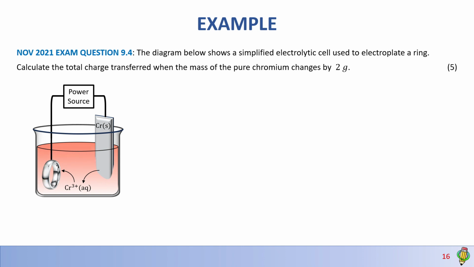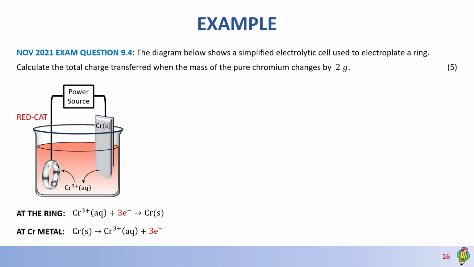So we can clearly see the mass loss of the chromium electrode, and we can see the coat of chromium on the ring. Therefore, the half reactions will look like this. At the ring, chromium 3 plus aqueous is gaining 3 electrons to become chromium solid. And at the chromium metal, we see that chromium solid is becoming chromium 3 plus aqueous and therefore losing 3 electrons. Then we see that red cat is happening at the ring, and we have an ox at the chromium